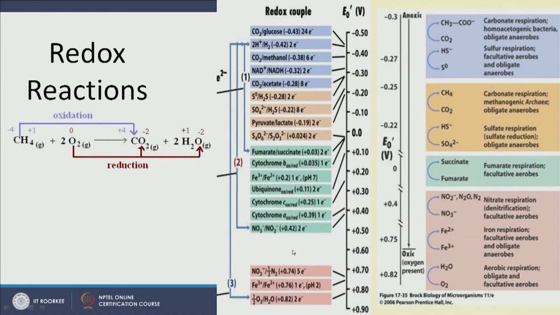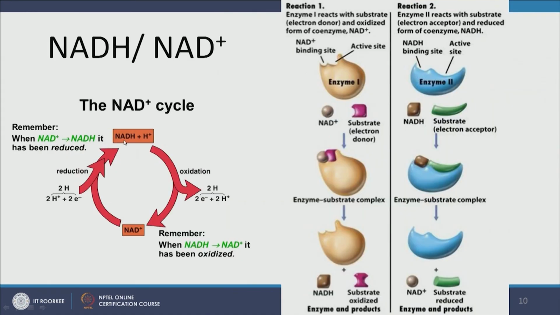So let us take an example here. Here we have methane getting oxidized and oxygen getting reduced. So in enzyme 1, who will attach here? Something that wants to be oxidized. So methane will attach here, and well, it's more complicated than this. I am just making it very simple to give you an example. Methane will attach here and NAD plus will snatch its electron and methane will be oxidized. Now oxygen needs to get this electron, so NADH will attach here, and here oxygen will come and take electrons,